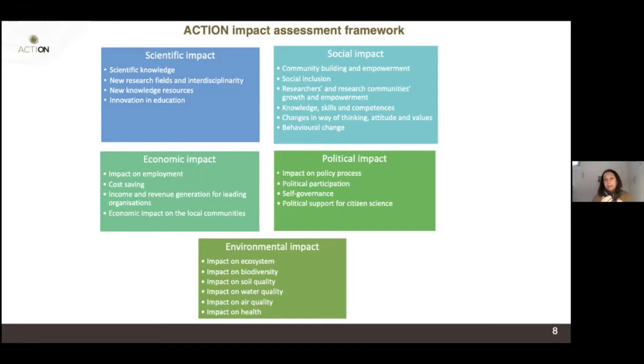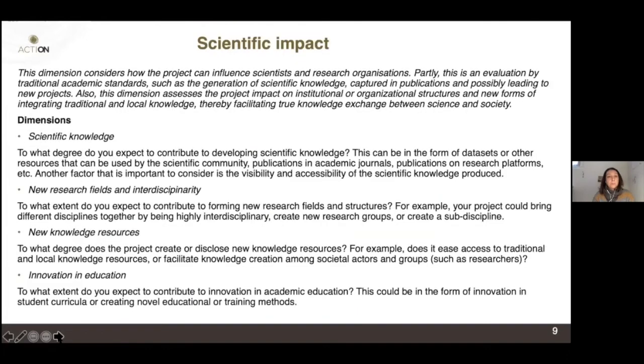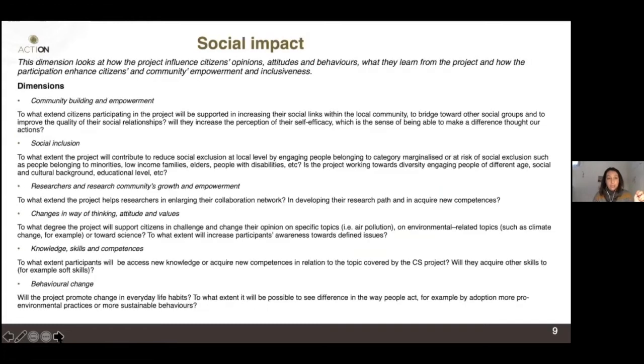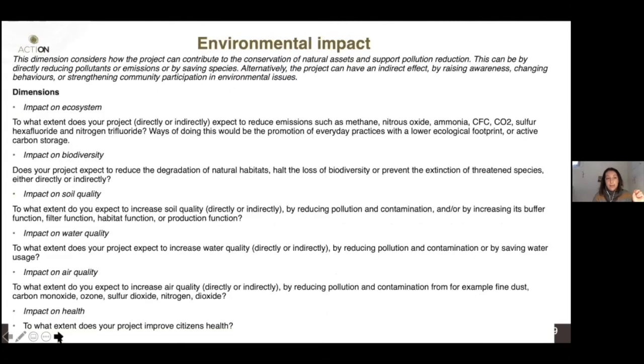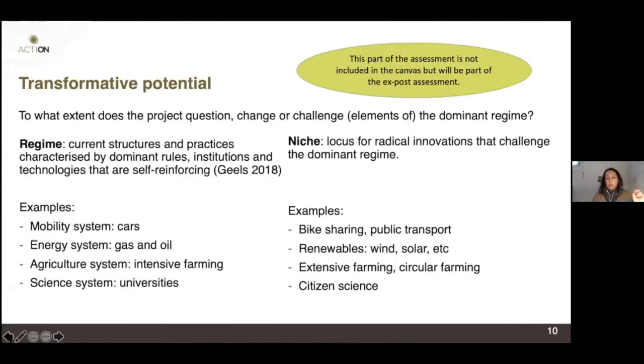So there are all these aspects to be considered, and this is when things get complicated. We do not expect you to do the maths, just to tell us you expect an impact there, and we will find a way to measure it. In the slides, you will find all the definitions of the dimensions and of the areas of impact. And then you will say, okay, but now I know all of these, thanks. How do I measure? Don't worry, we will arrive there.